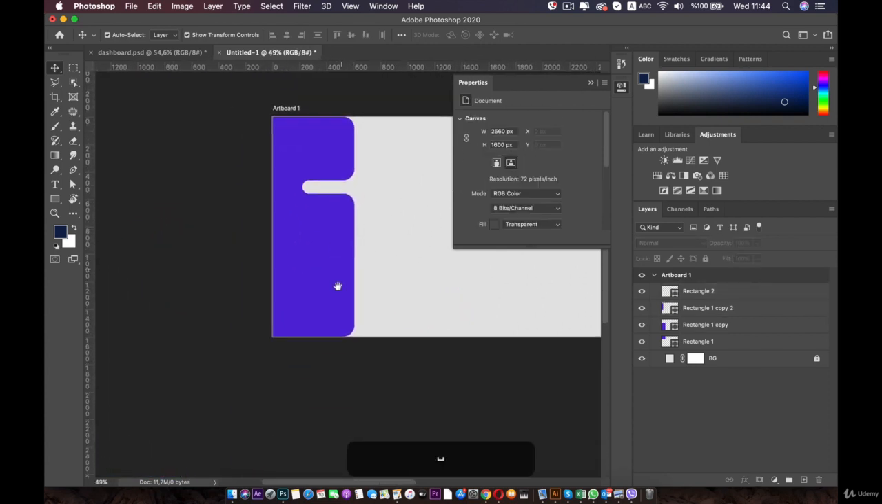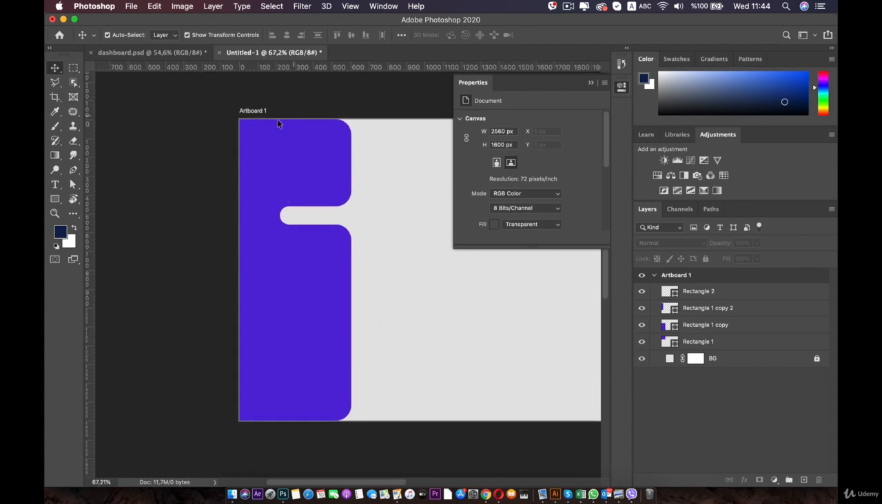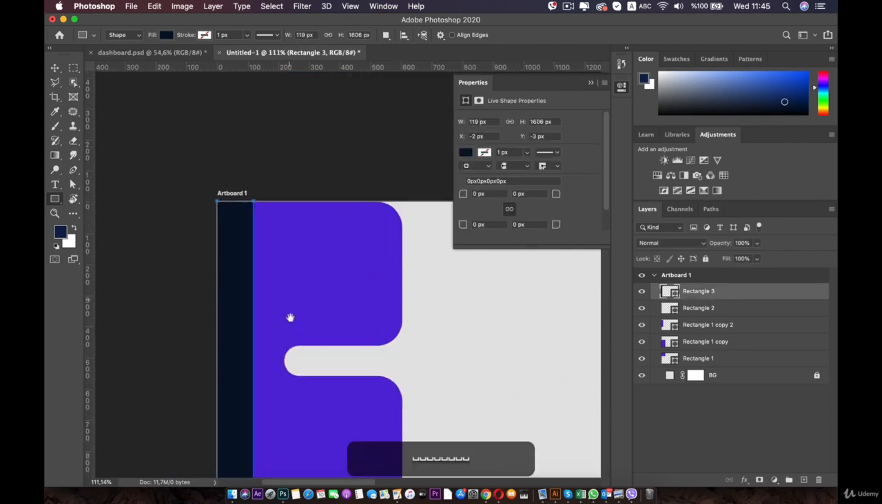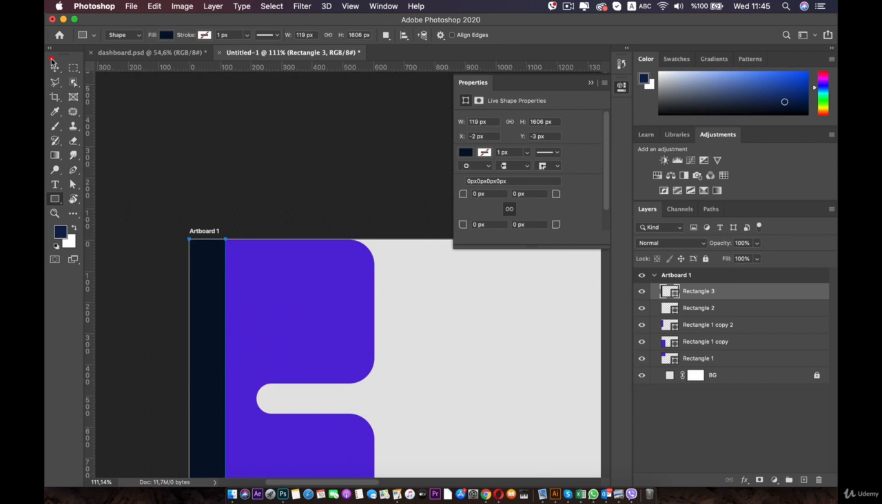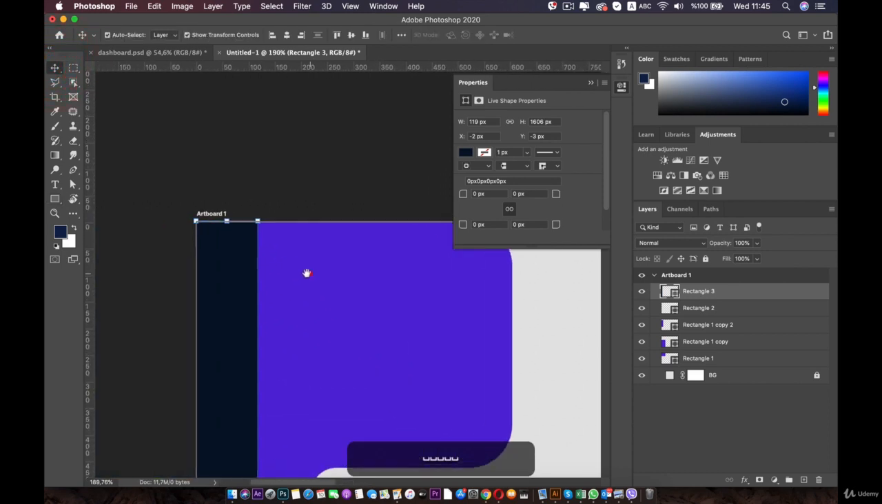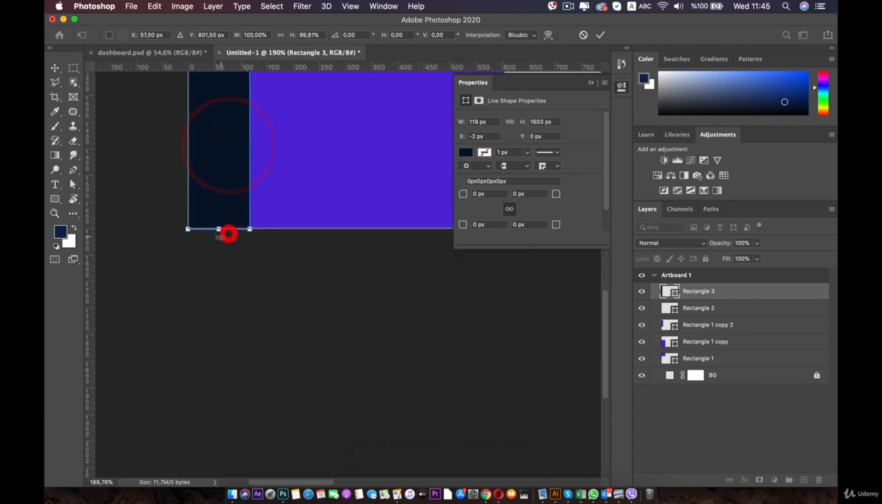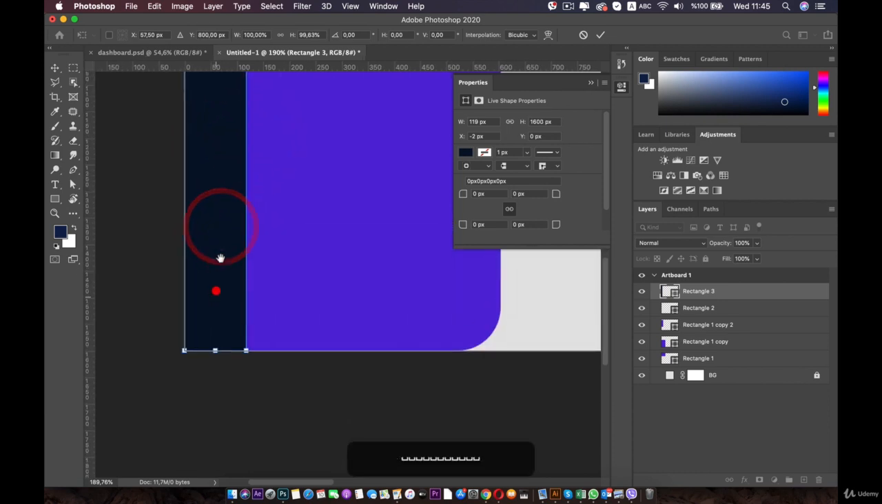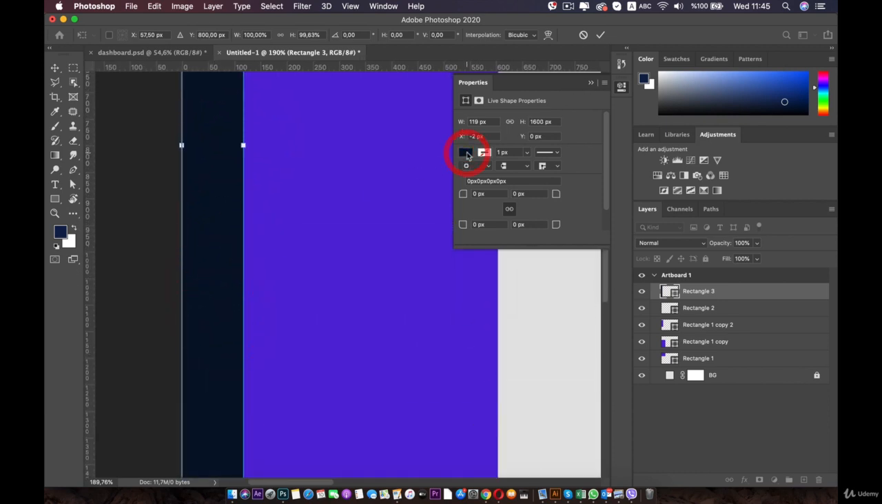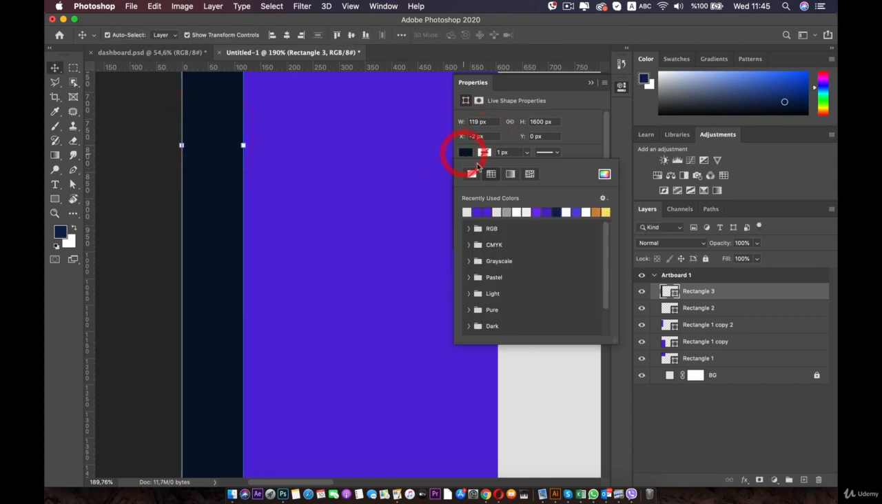And I'm going to create a new rectangle for the other menu. Something like this will be good. Make sure that this is fitting the frame. Let's check the other side as well. Now we will change the color. Go to the move tool or double click on it to change it to the move tool, and you will